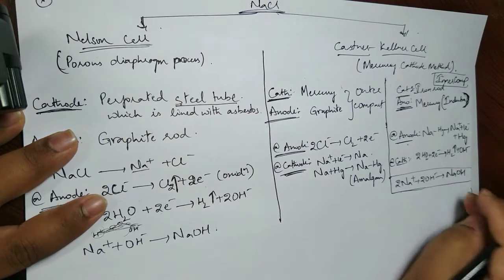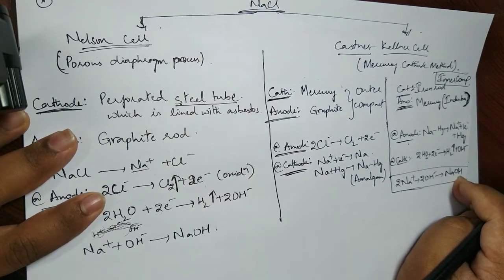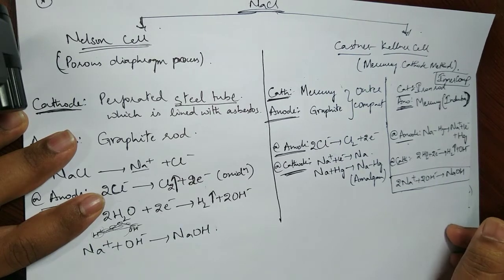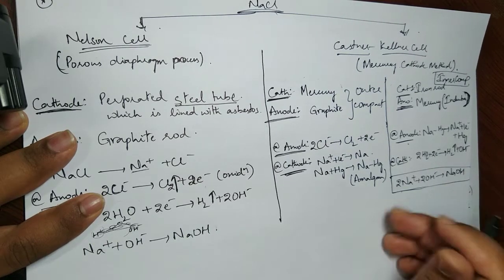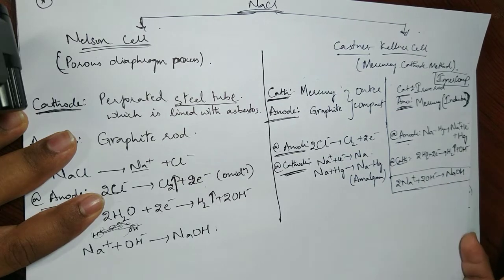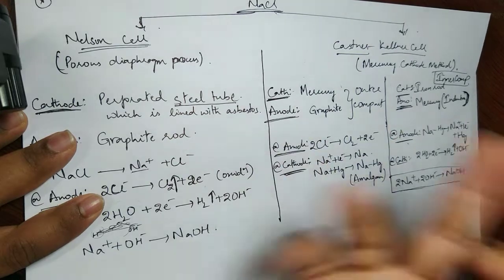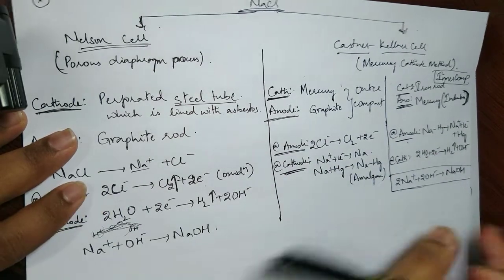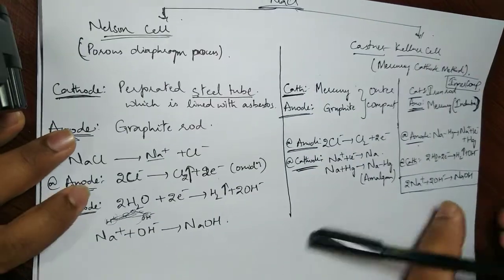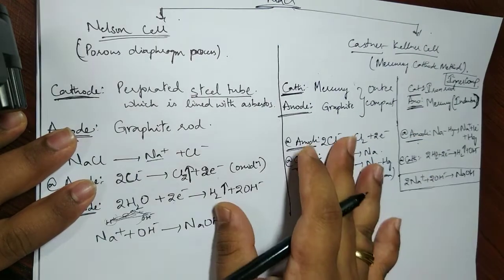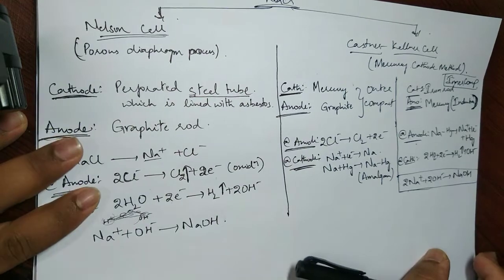Fine. And now the NaOH that is obtained here is just 20% concentrated. So the solution is taken, evaporated and dried, and solid NaOH is obtained as usual. In this case, and in the previous case also, sodium hydroxide is soluble in water, so we have to collect the solution, heat it, evaporate the water and dry it, then we get the sodium hydroxide.